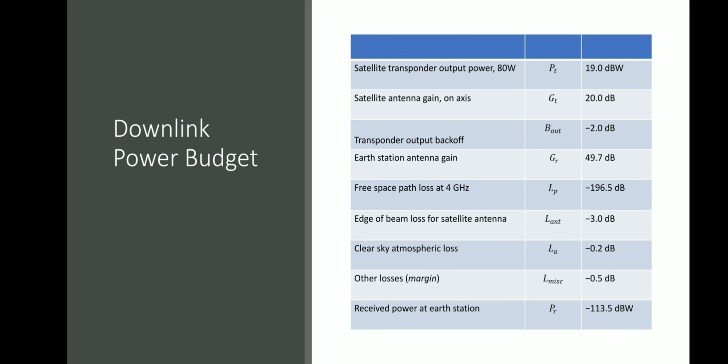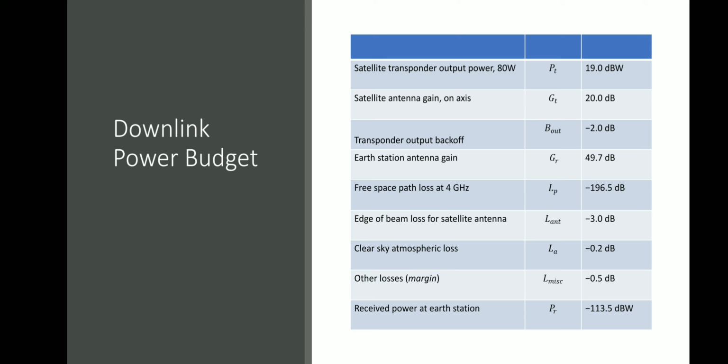Now we will work with the information of the two tables that were shown in the earlier two slides. We put all these together in tabular form so that we get what is the power received at the earth station. The first one, the output power, was given, and we have just written it again. Satellite gain on axis at the transmitting end of the transponder, we have written here 20 dB. Then the transponder back off. Whatever information has been given, we have to put in a tabular form. This information was also given: transponder output back off, of 2 dB.